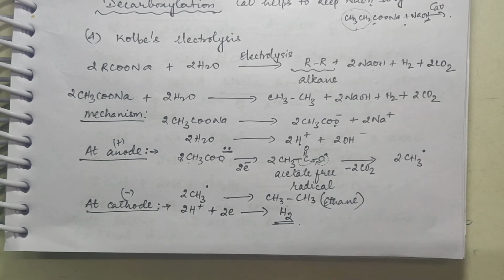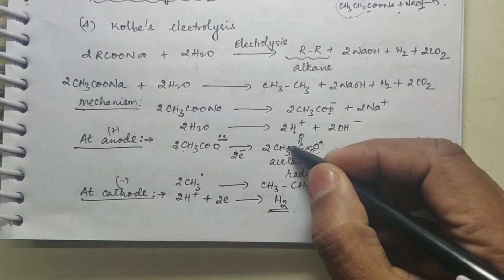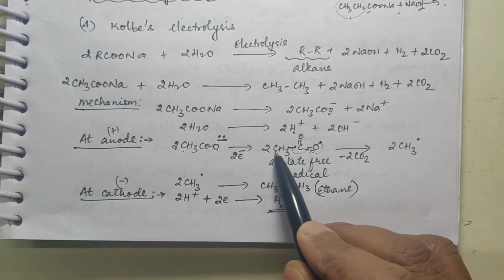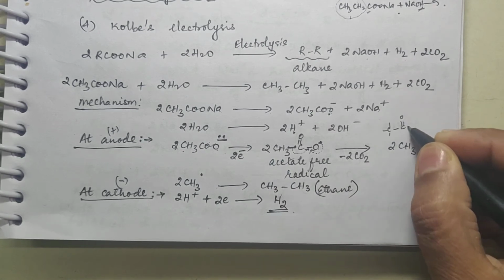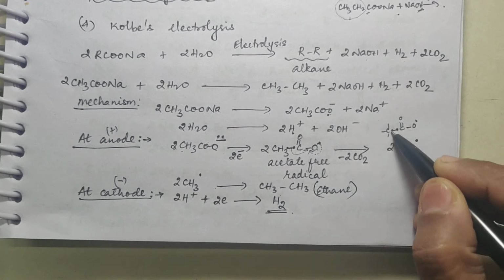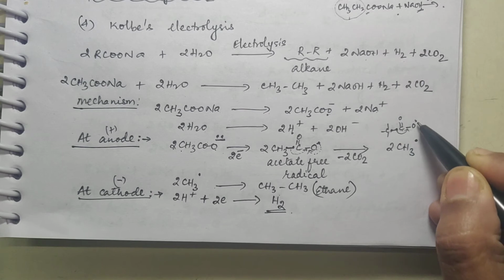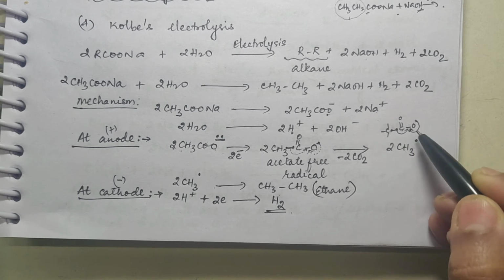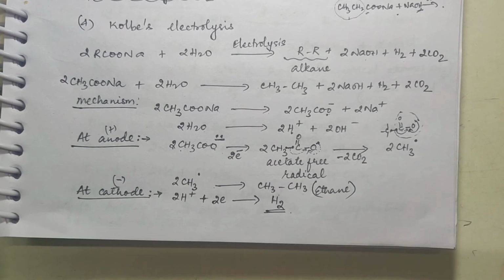Now this acetate free radical, I told you, free radicals are highly reactive. Now what is happening, you see? Here is a pair of electrons shared between this carbon and this carbon. How do you write acetate? You write it like this, isn't it? COO dot. Now this pair of electrons is between this carbon and this carbon. What happens? This electron and this free electron get shared among themselves and it becomes a double bond. So it becomes CO2 and this CO2 escapes as a gas.